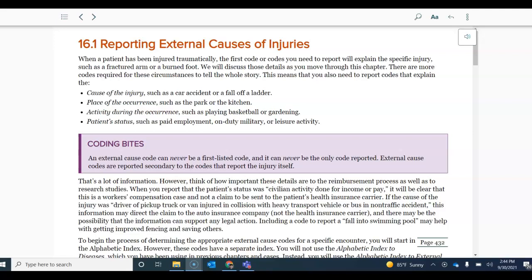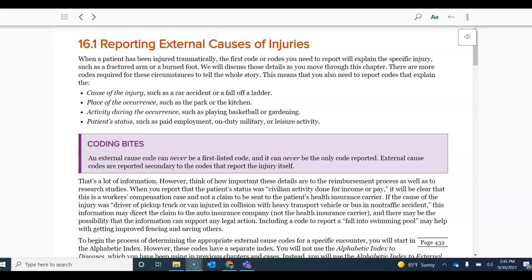Remember at the very beginning when we talked about I-10 coding, we talked about making sure that we used all the codes necessary to tell the full story. And this is where external cause codes become really important, especially for insurance companies, because if we're going